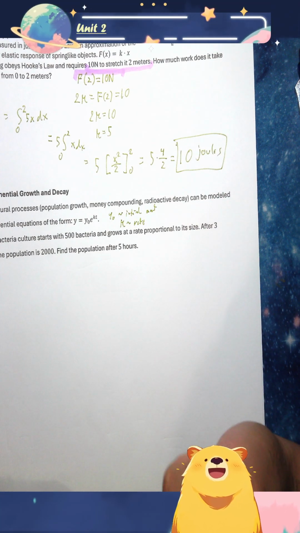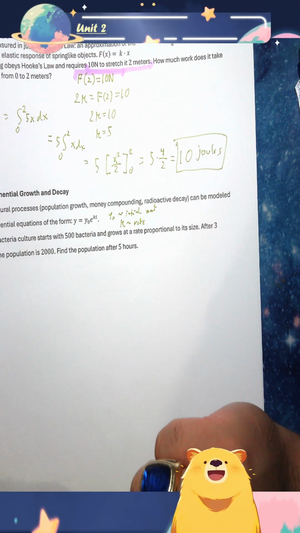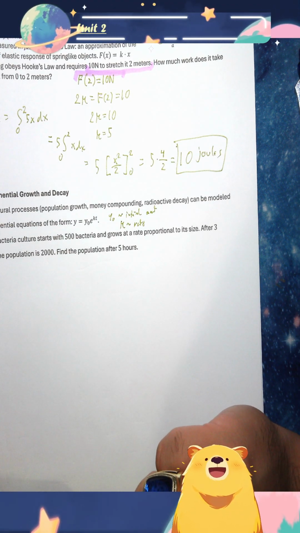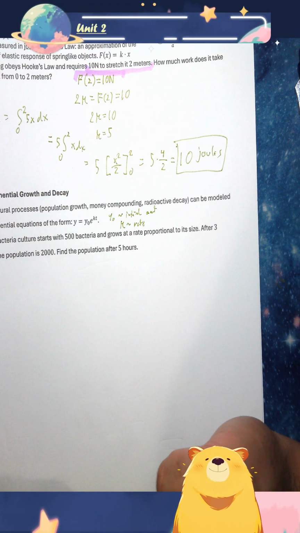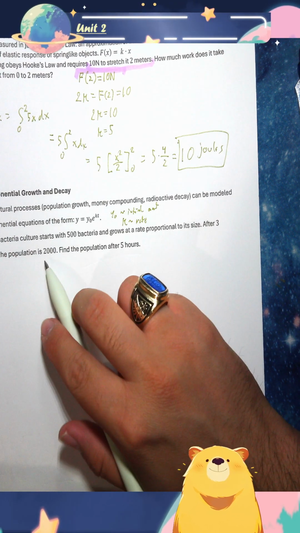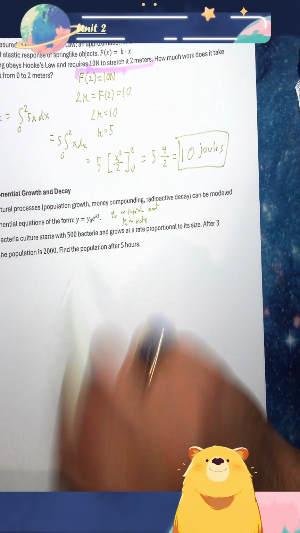So let's read this. A bacteria culture starts with 500 bacteria and grows at a rate proportional to its size. After 3 hours, the population is 2,000. Find the population